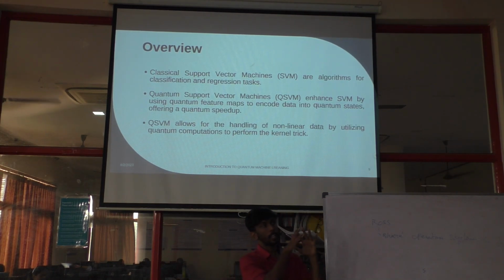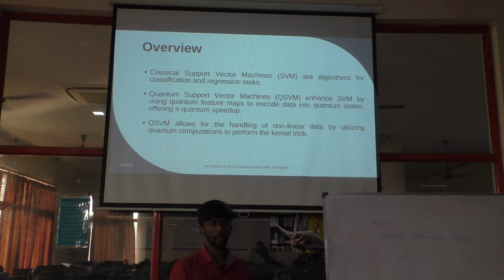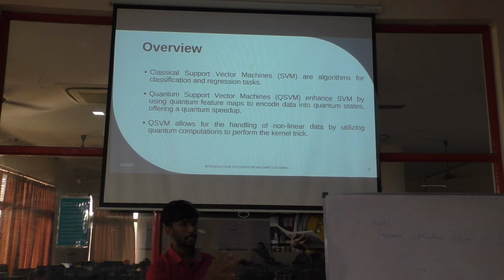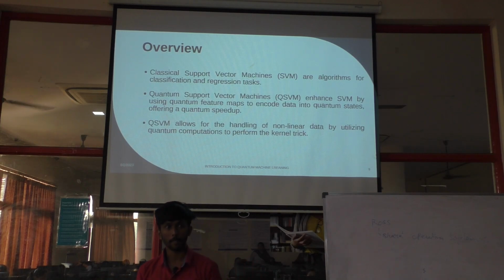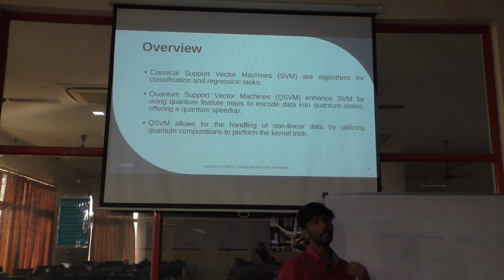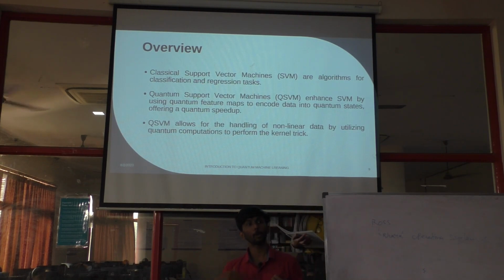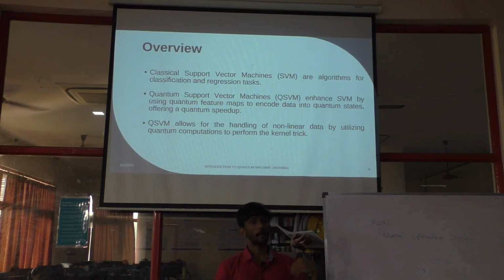So what we essentially do in building a quantum machine learning algorithm is taking the essence of the classical machine learning algorithm as it is, and trying to see which part of it can be improved by quantum. That is essentially what we do. We won't make all of the algorithm quantum. We'll see each part and see which part can be improved by using quantum.